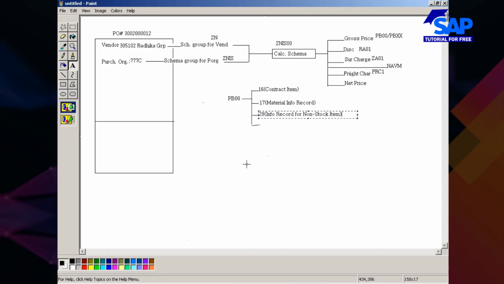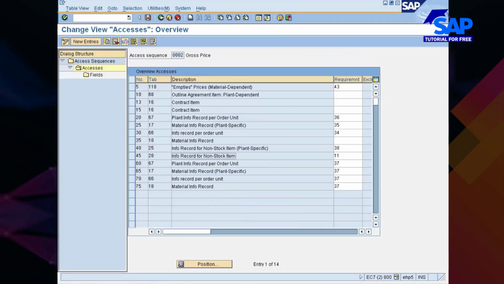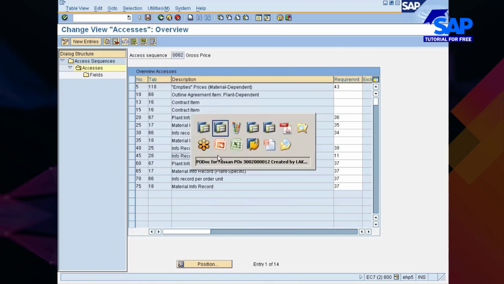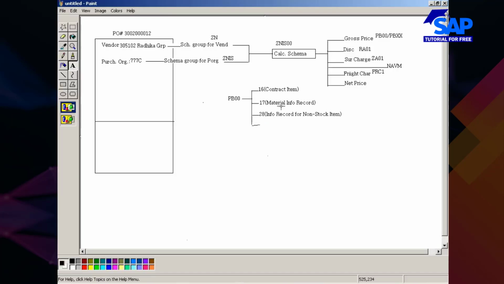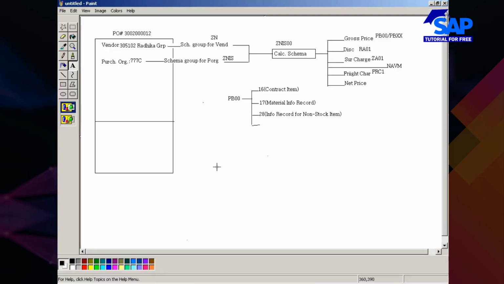Info record non-stock item, something like that. You just go and specify outline agreement, plant dependent, or material info record 17. So like this.